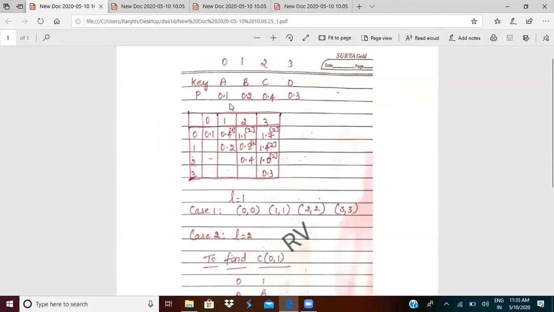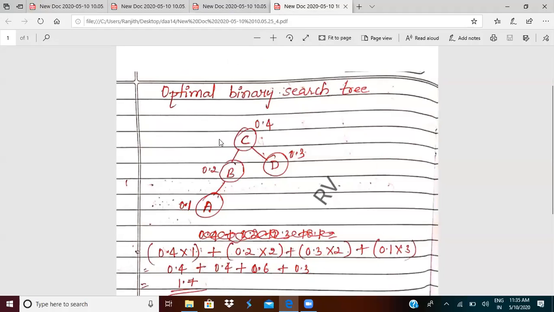You tally that in the table. 0, 1 is 0.4, and 0.4 is because of subscript 1. And what is the value of subscript 1? It is B, 0.2, right? Now this B I'm going to write to the right, and A I'm going to write to the left of B because it comes before B.